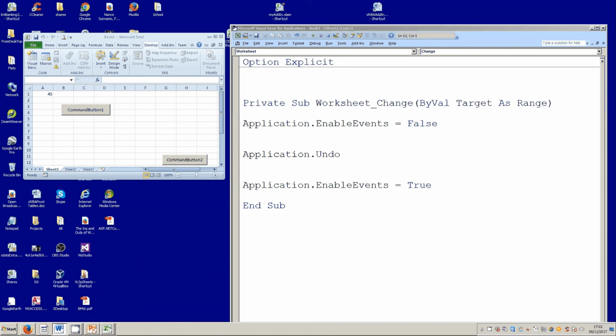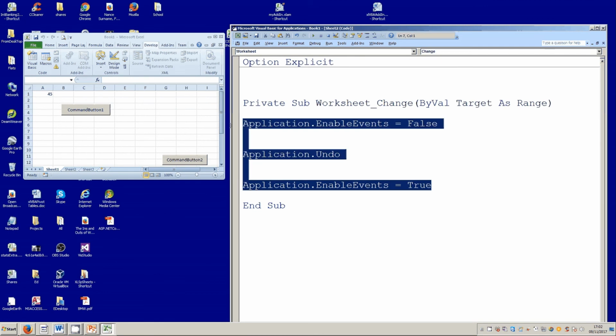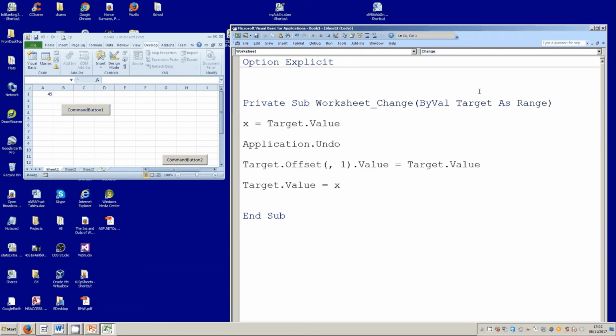If we were to, for example, try this piece of code, let's see what the effect of that piece of code is. If I were to run this now, and I change in here at the top to some